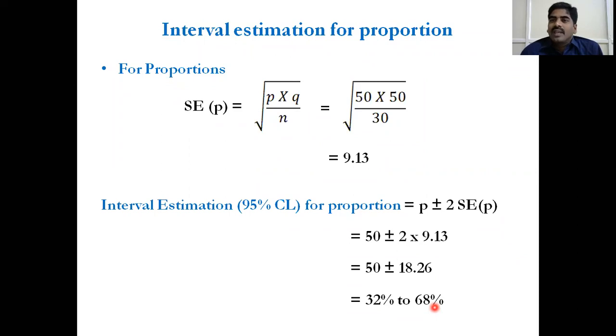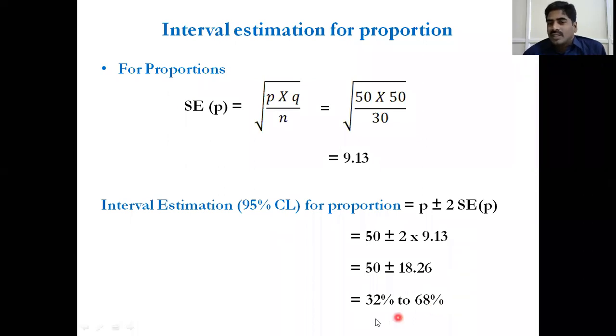See, suppose you do the study again, or you take the entire population, suppose you have time, and then calculate the P value. It may differ from the sample prevalence. The difference is called error. Or if you take another sample, the previous sample prevalence may not tally with the present sample prevalence. So the variation is there. First you have to calculate the variation in the statistic, then by using standard error, you can make the interval estimation for the population.